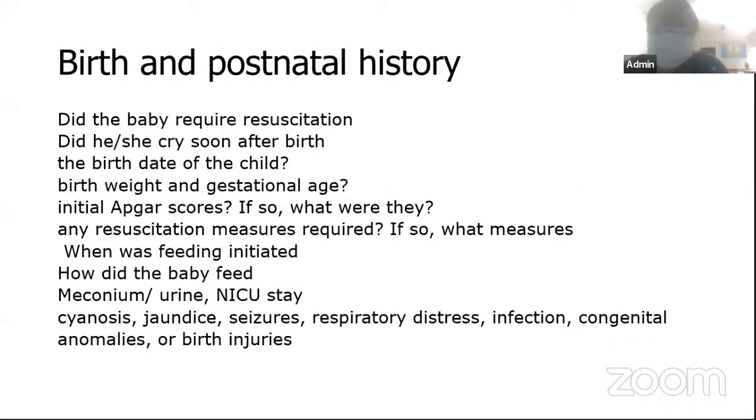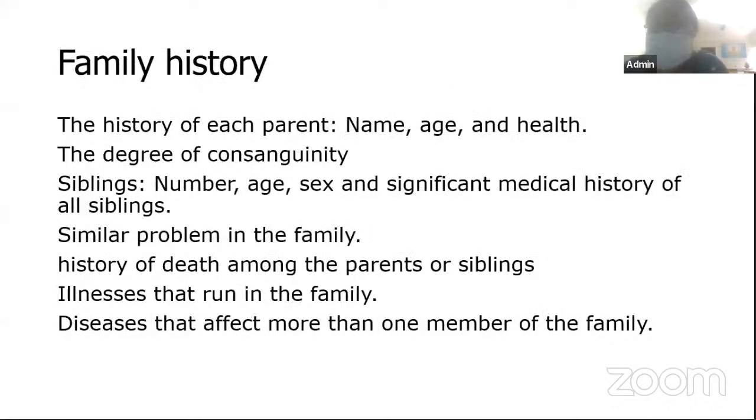After this natal history, we will go to family history. This is common to what we take in medicine also. So you have to take the parents' history. What is the age of the parents? What is the consanguinity? Number, age, and sex of siblings, or any medical illness in the family, in the parents or siblings,